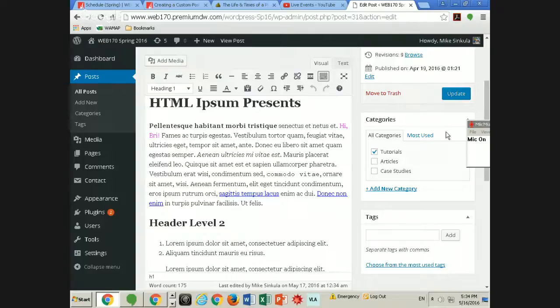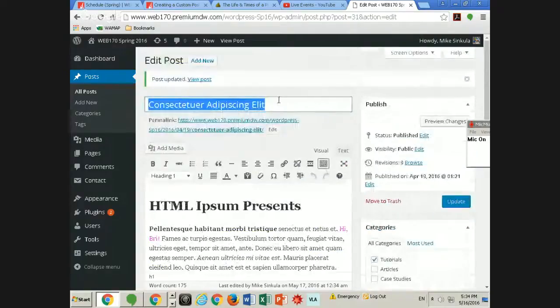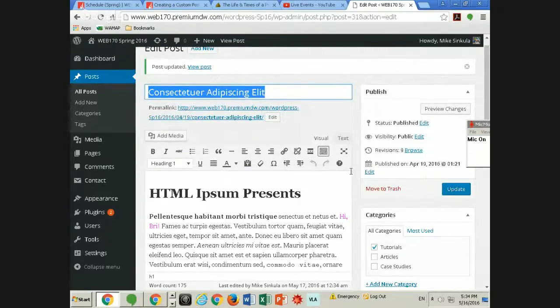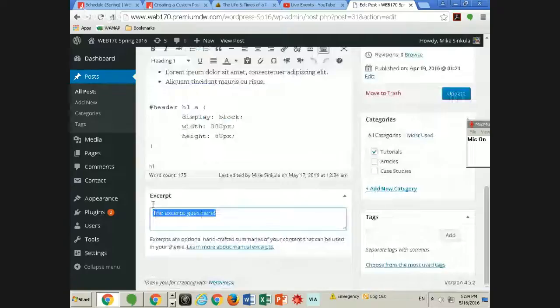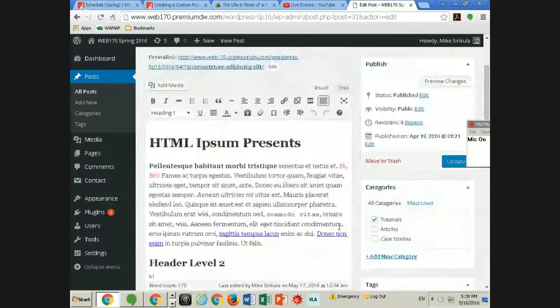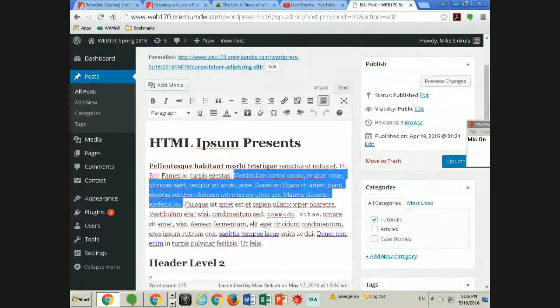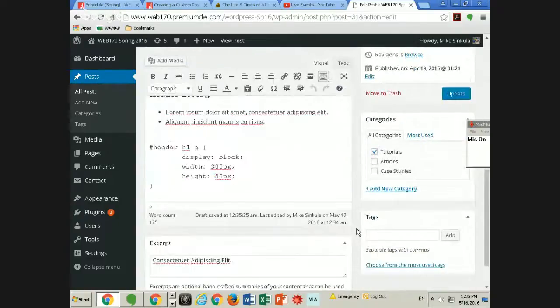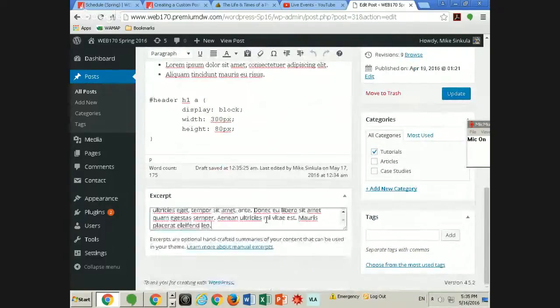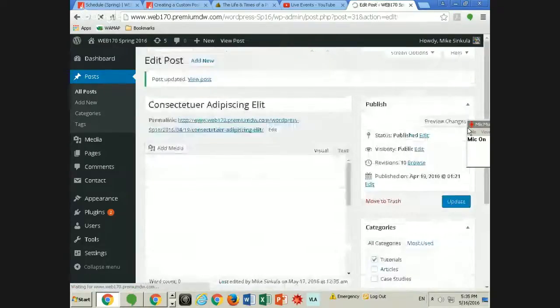So what I typically do is, if I'm using lorem ipsum text, I will take the title, put it there, and then grab some more lorem ipsum text and put it there and say update. So now